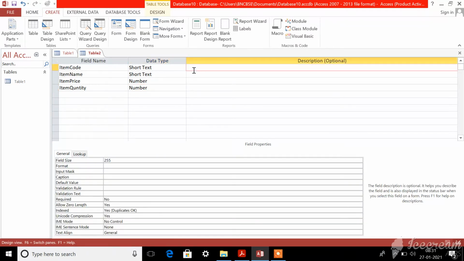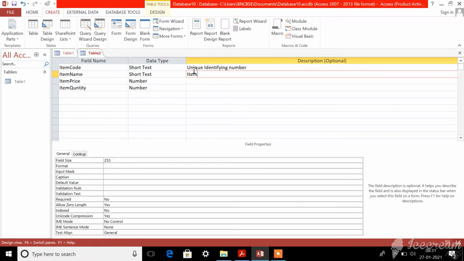As I've already told you, description is optional. If you want, you can use this description. You can write some description about the data that you are going to enter. So I'm going to type the exact thing that is available in your textbook.